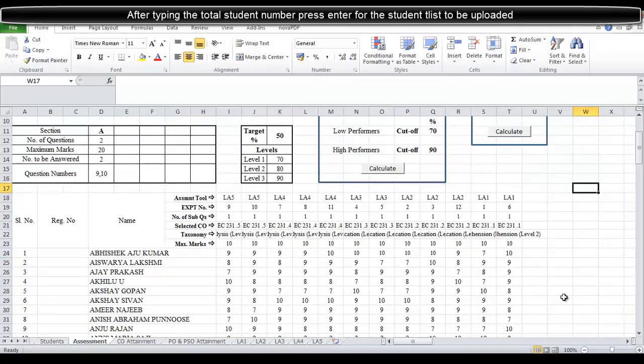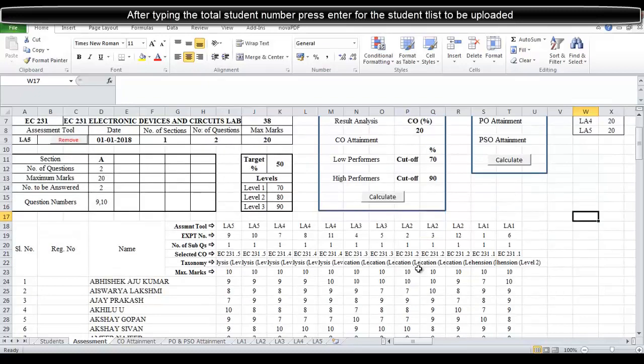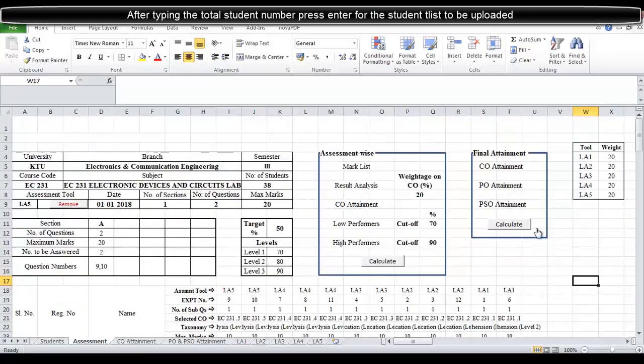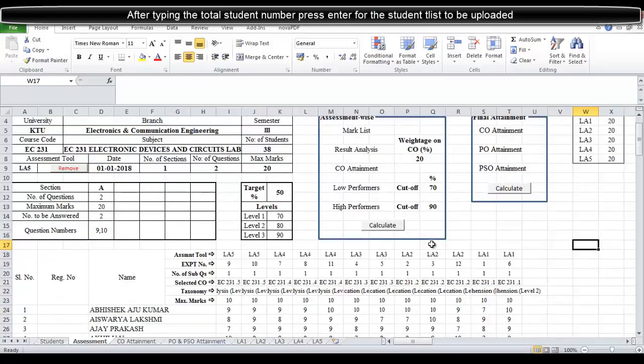As you can see, we have entered all the experiments from 1 to 12 in 5 different learning assessments, 1 for each CO, and the weightage is 20, 20, 20 for the 5. If you are having 6 course outcomes, you have to divide 100 by 6 and write that particular value here. Since we had 5, 100 divided by 5 was 20, so that 20 we wrote for each and every case.